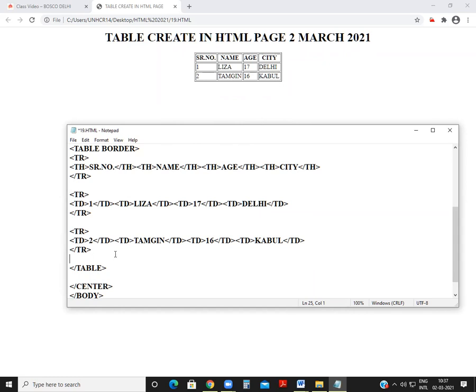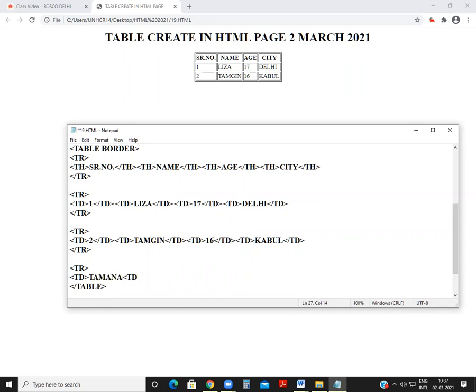If you want to create one more row, it is simple, you can write here TR. To make one more row, write TR, and after that TD. Suppose I'm going to write the name Tamanna. Okay.